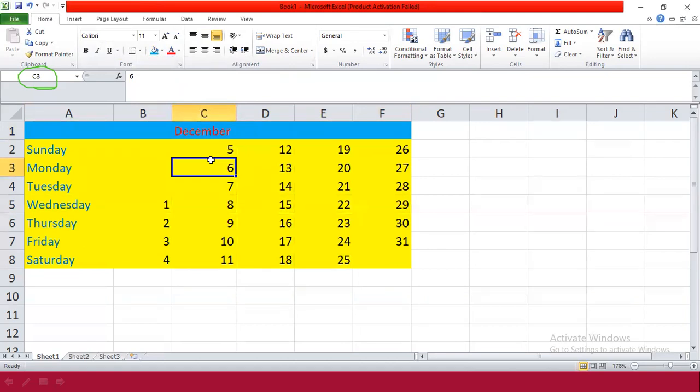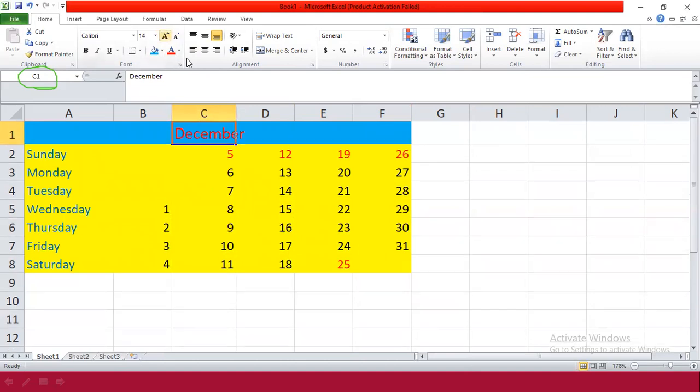So now our calendar is so colorful. The dates of Sundays we want to mark with another color, so we can apply red. Holidays are there, on the 25th will be Christmas, that also we can highlight with the red color. So I have done some formatting. You can do the formatting as well as some changes if you want. You can add something, you can delete anything. That is called editing. Color and all these applications are called formatting. So increase the size of this.